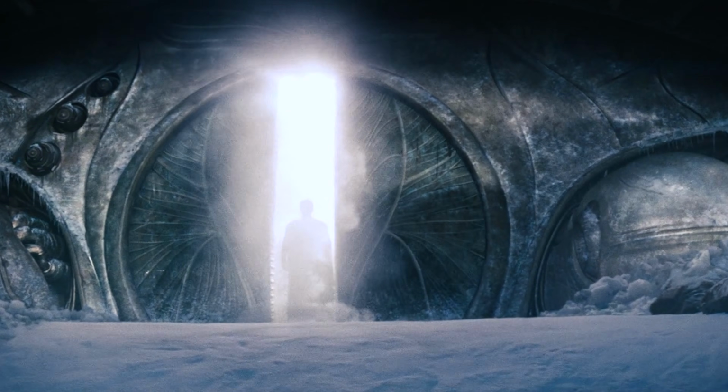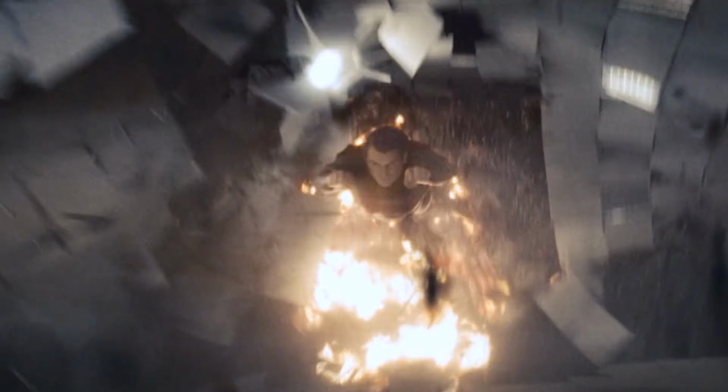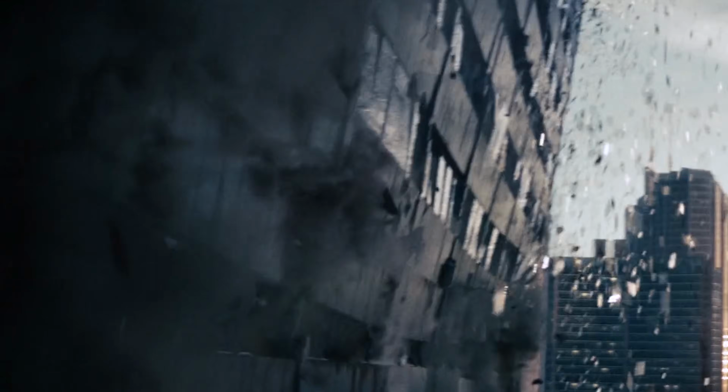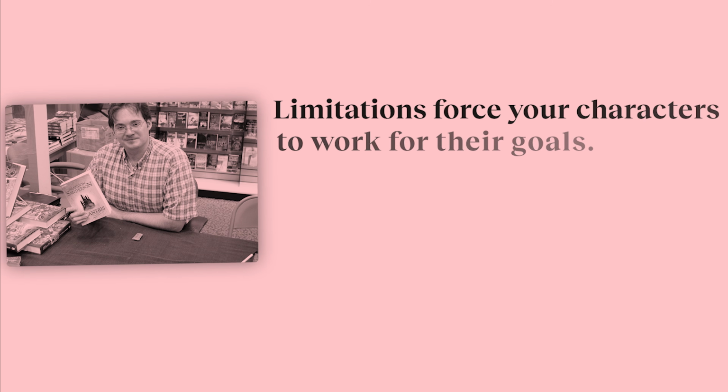and deepen your narrative. Sanderson gives us the example of Superman. If you were to describe Superman, you might list his ability to fly, his super strength, or even those lasers that he fires from his eyes. But is that what really makes Superman, or more specifically Superman stories, interesting? Of course not. What truly sets Superman apart is his vulnerability, kryptonite, and his unwavering code of ethics. It's his limitations and flaws that pull us into Superman's story, forcing him into challenges that test his character and resolve. Limitations force your characters to work for their goals.